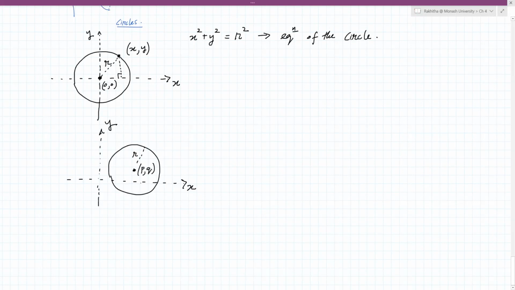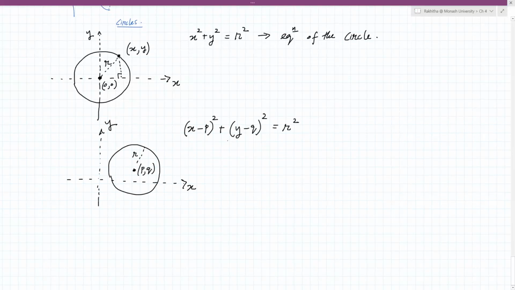So this is the most general case. The first one I introduced is a special case. You can understand it's just the Pythagoras theorem. Now for this case, I'm going to modify the equation. Still, I'm going to use the Pythagoras theorem, but your coordinates and your dimensions are different now. So now your x distance would be x minus p. And your y distance would be y minus q, right? And that would be r squared.